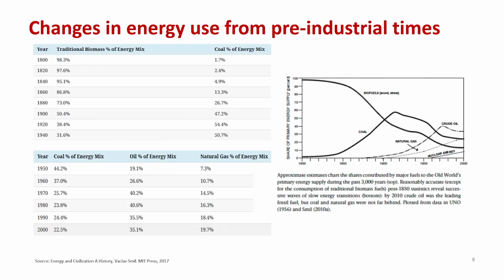So if you look at the whole transition, how it has taken place, if you start looking at the 1800s, traditional biomass used to be the biggest source of energy, which dropped drastically up to 1940, from about 98%, almost 100% of the energy coming from a single source, to almost 30% by the 1940s. At the same time, coal grew drastically, from almost 1.7% to almost 50% of the energy mix. So very, very rapid growth of coal was seen in just these 140 years.